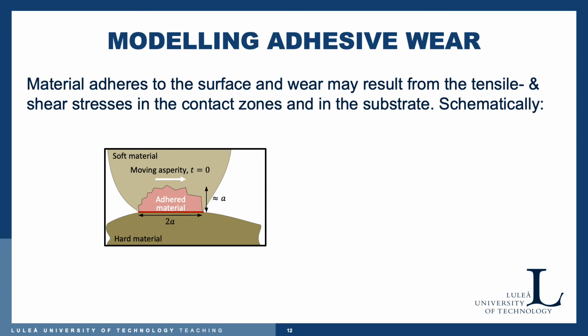We have a hard counter body, hard material in the counter body, and we can see approximate sizes now because if this is an asperity, it can be approximated by a certain radius, and therefore we can have an approximative Hertzian contact zone, contact radius A, and also we know that the maximum stress will occur at approximately